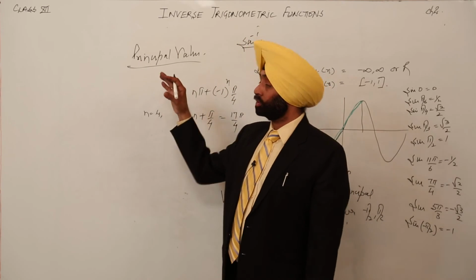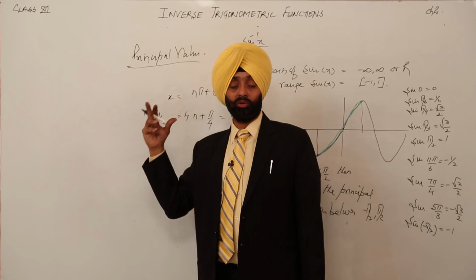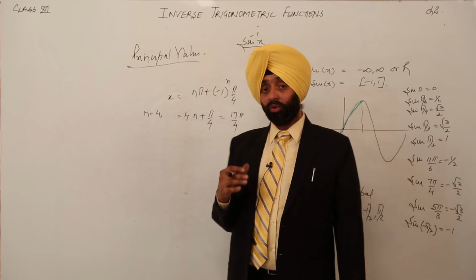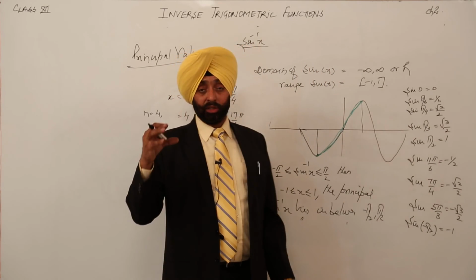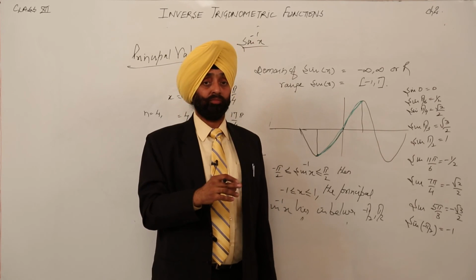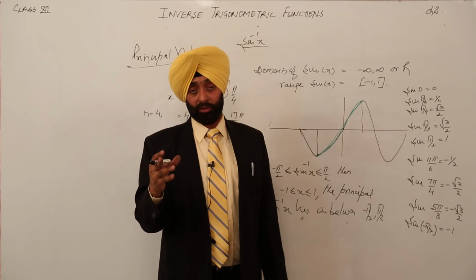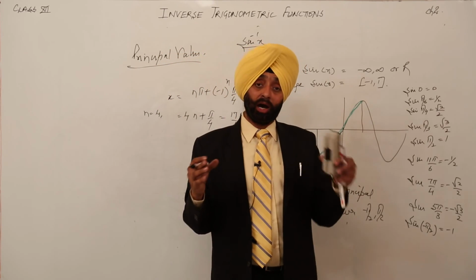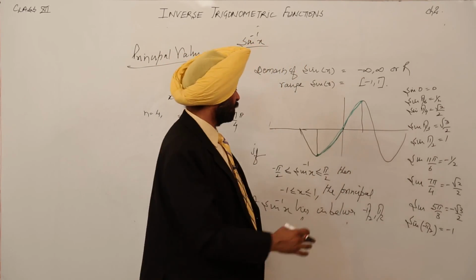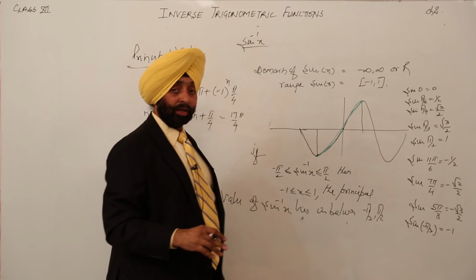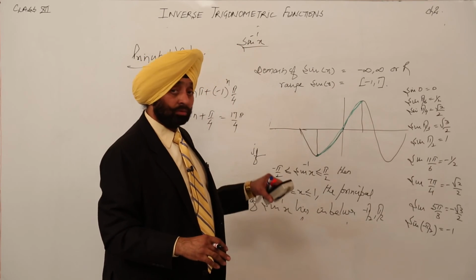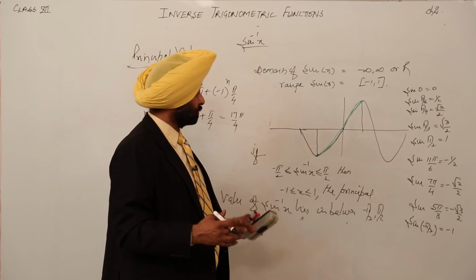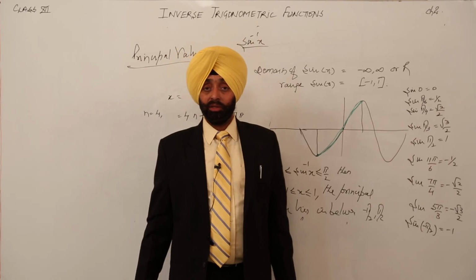So this was about the small things about the principal values, and now we are moving to all the six trigonometric ratios for their inverse part. Okay, and that we are going to do with the graph, how we are getting the inverse part. Now I will show you how minus pi by 2 to pi by 2 lies. In the next part we are going to use the inverse to see how we can get the inverse for